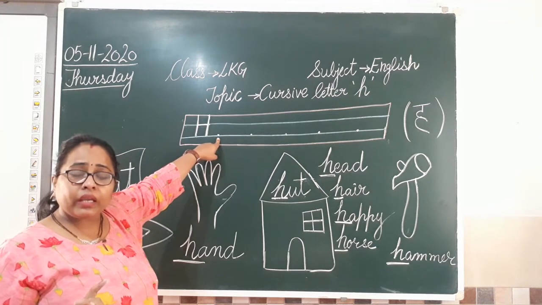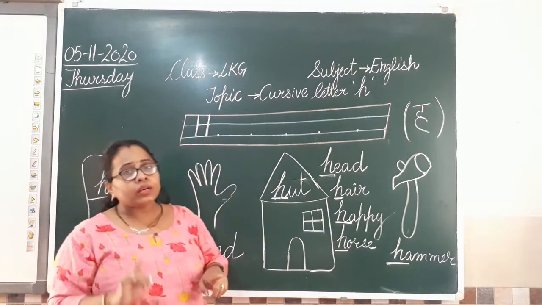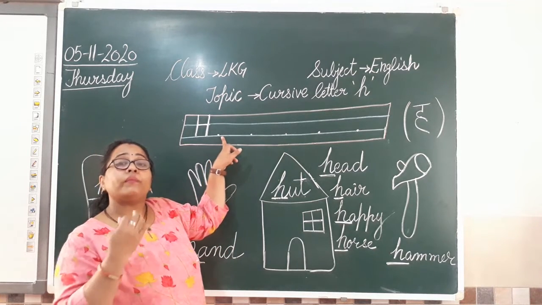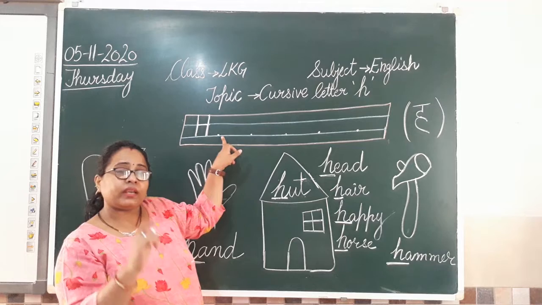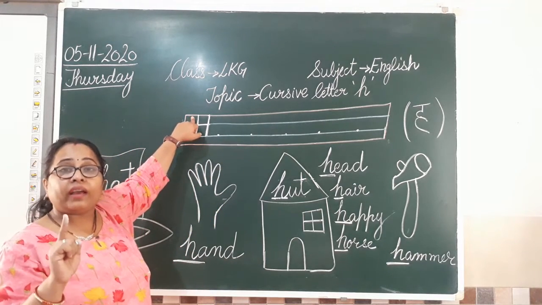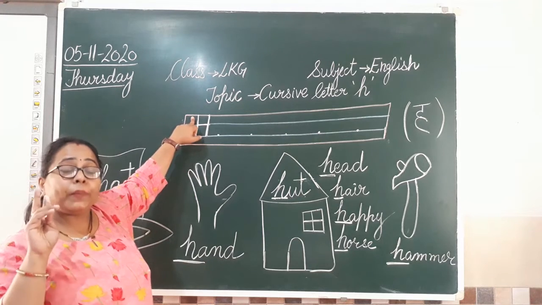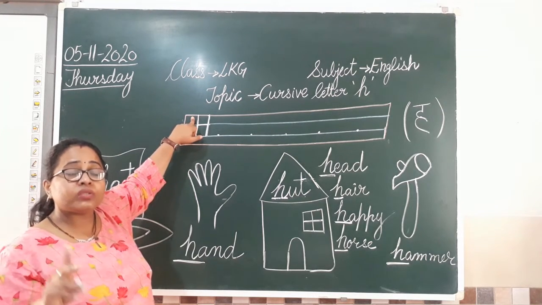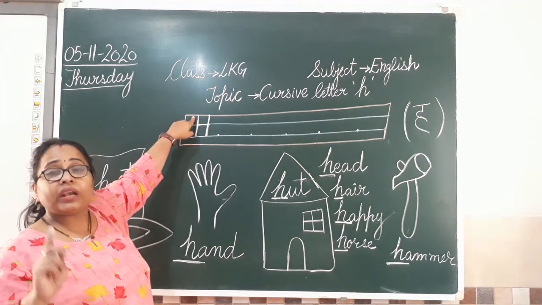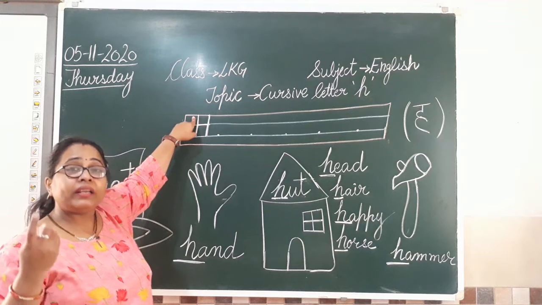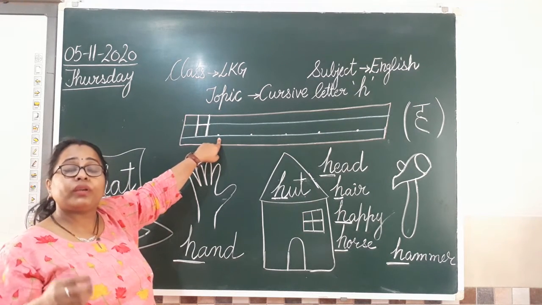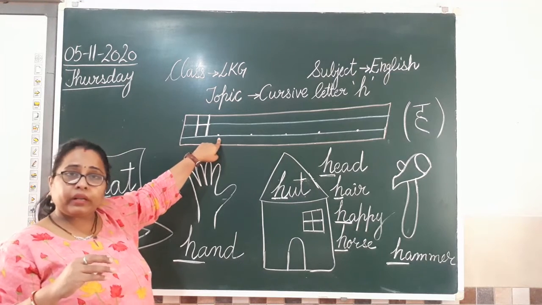We will begin from this dot because I told you all the cursive alphabets will begin from the lower blue line. Lower means the bottom blue line. And capital alphabets always begin from the first red line. Clear? Keep these things absolutely clear. Don't get confused. If it is a capital letter, you have to begin from the first red line. But if you are writing a cursive alphabet, you have to begin from the second blue line, or you can say the lower blue line. Clear?